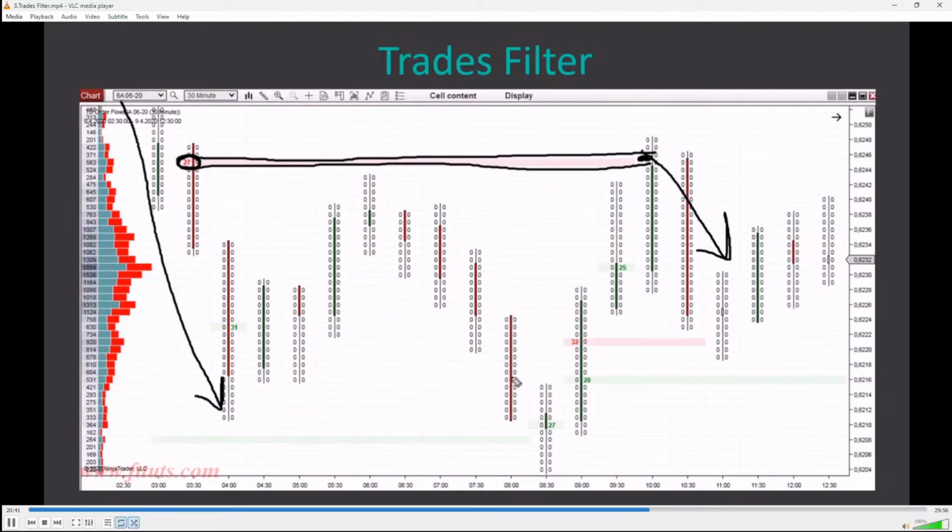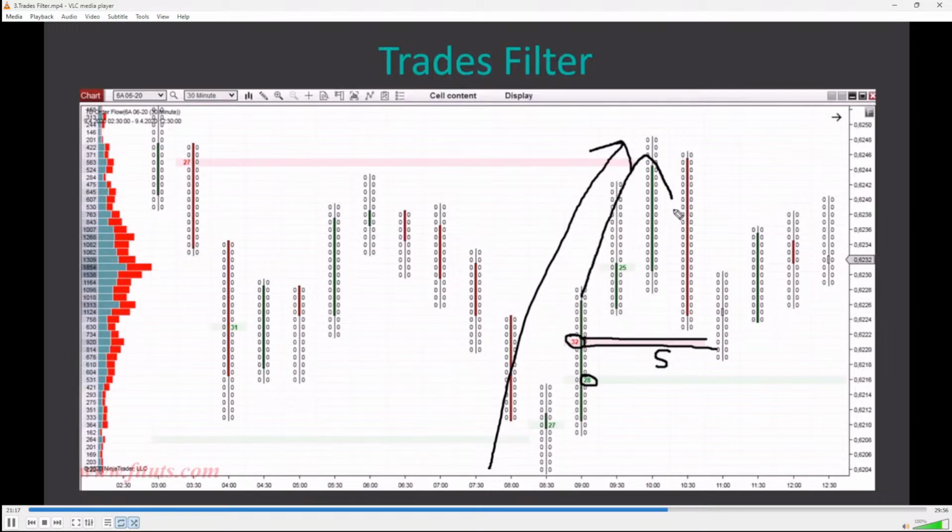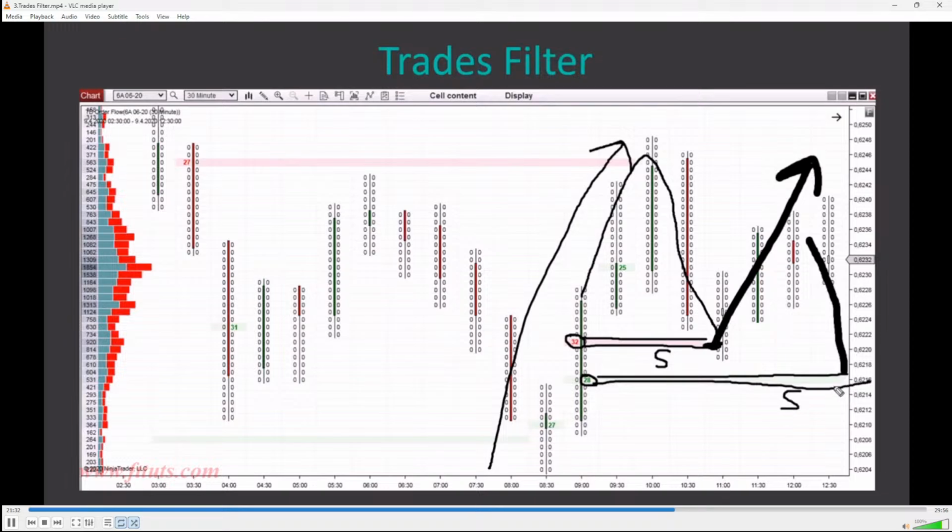Now there's also a reaction to some old support from here. This is the reaction. And also there is this support which got tested. Let me detail that. So this is the support. Buyers were pushing the price upwards. In here they were entering with market orders. This is probably a limit order, but it doesn't really matter. If it was limit or market order, this was a support. Price went above it, returned back with a pullback and long from there. If in the future the price hit this support, the lower one, it would also be a long from there,